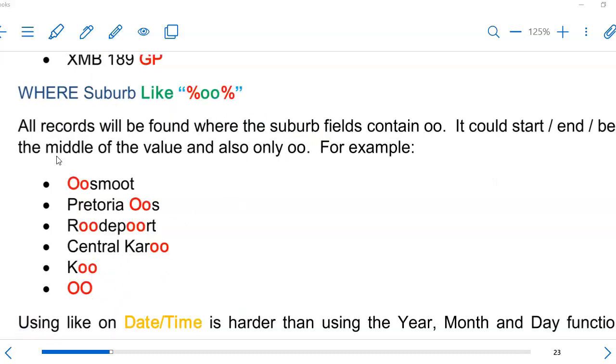Then we can have maybe a question that's asking us, show us all the records that contain a double O in their suburb. So contain means that it can start with the OO, so having the percentage at the end, or it could end with a OO, or it could just be OO, or it could be somewhere in the middle. So this will find any instance of any one of these that I've bulleted down, starting with OO, having the double O in more than one place, ending with OO, or just the double O as well, regardless of the